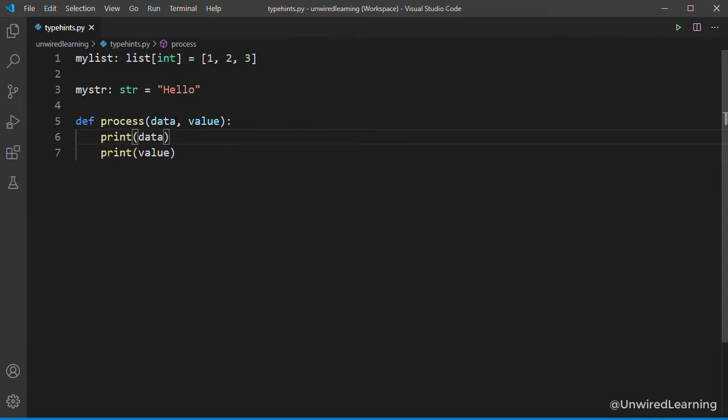Now if I need to define that this data should be a dictionary, or that this data should be a list of integers and this value should be an integer, I can do that. All I have to do is use my colon and then I can define list and here I need to give int.